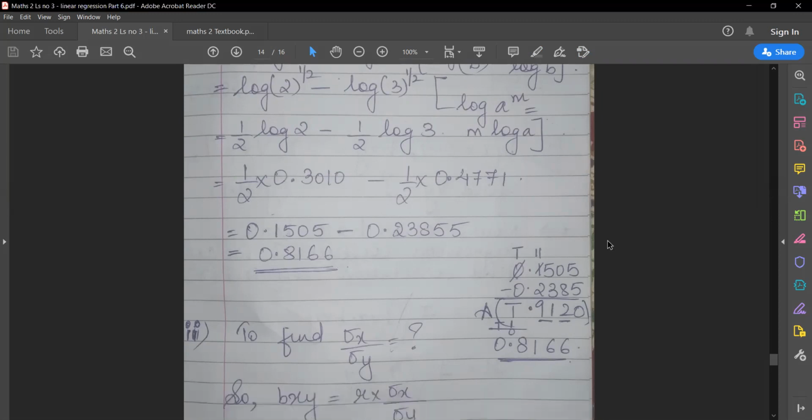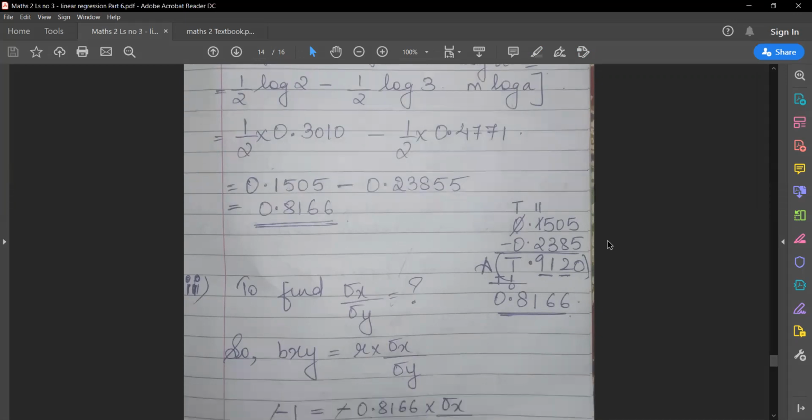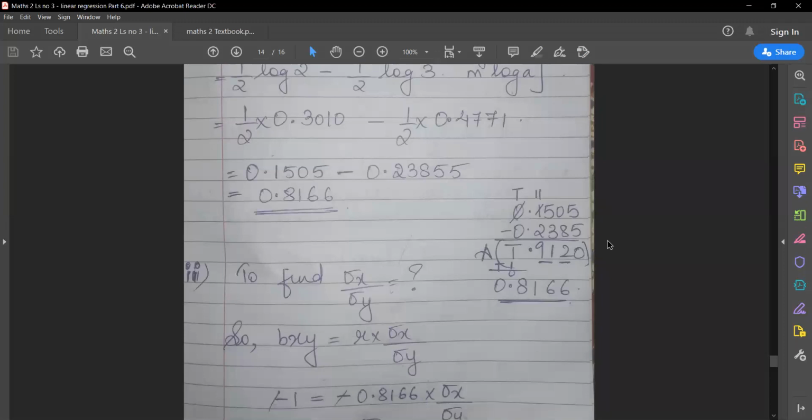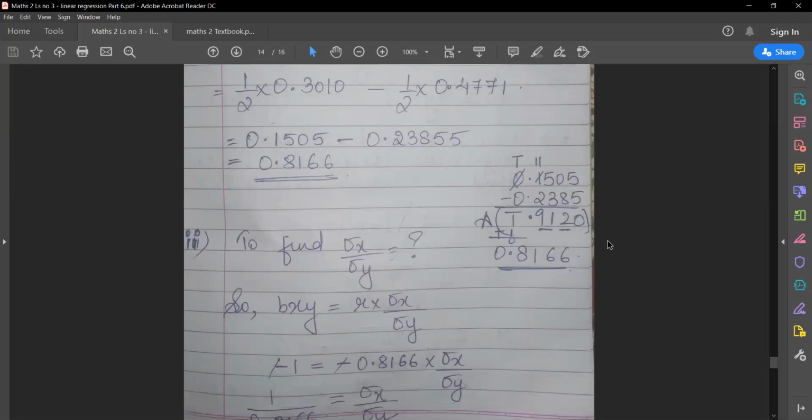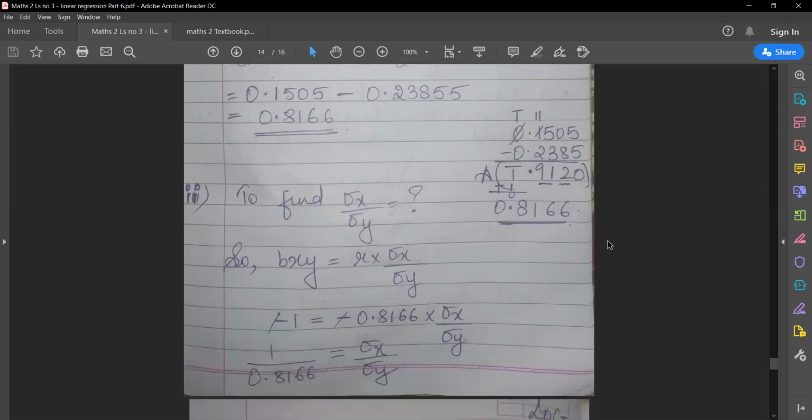So, followed, class, listening and watching it seems time consuming. But if you are thorough with the log, which you should have been by now, then it will be done quickly. It won't even take 2 minutes. So that is why I am telling you, class, please practice log. Your calculations will become faster and easier then.